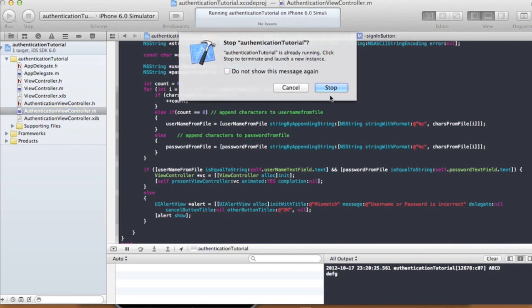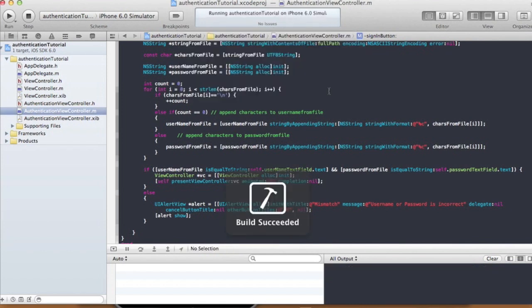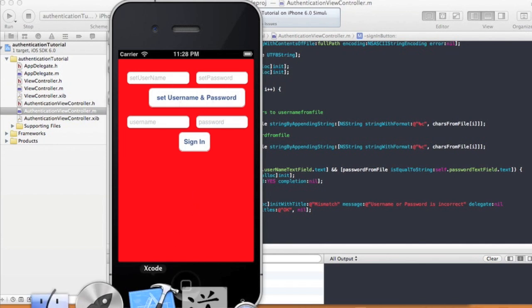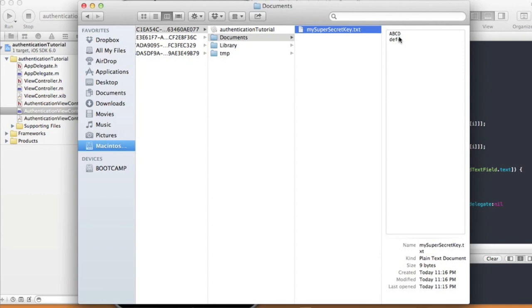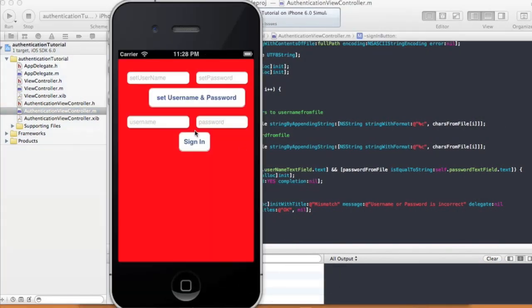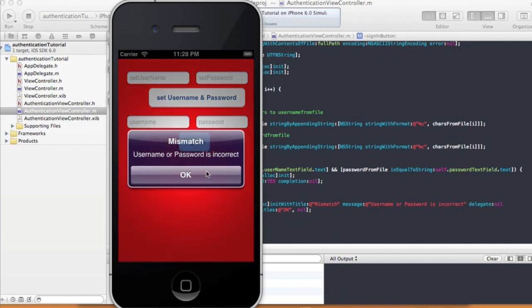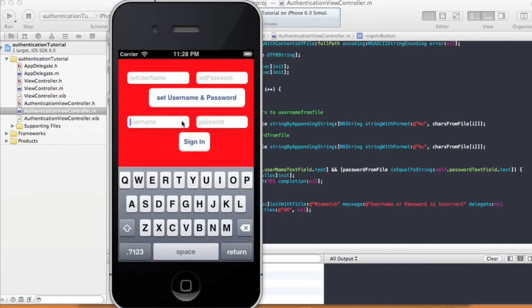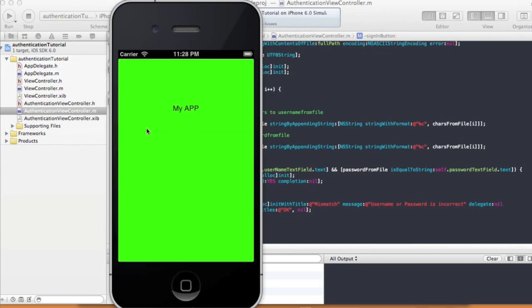So let's run it on our iPhone simulator and see if that works. Right now in our file, we have a username of ABCD, password of DEFG. So in our simulator, we can do a sign in. It's mismatched. Username and password is incorrect, because we haven't done anything. So let's do ABCD, password DEFG. Do a sign in, and it brings us to our